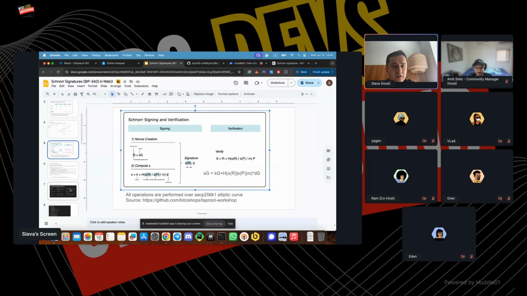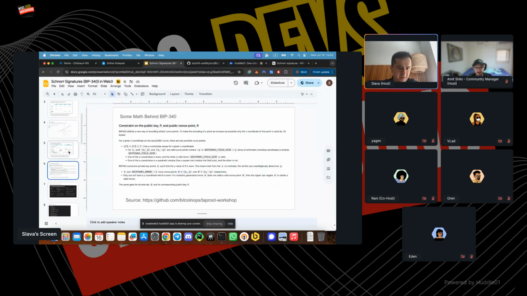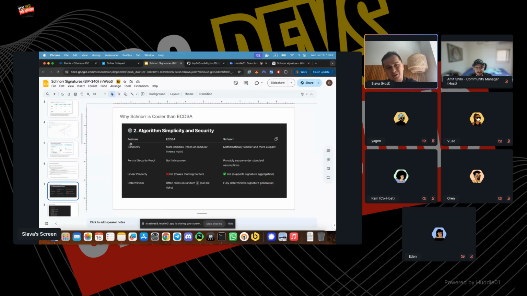So I'm going to skip this slide because there's a lot of math here. Let's talk about the practical applications of Schnorr, why we use Schnorr signatures in our Bitcoin liquid staking protocol, and actually why Schnorr signatures were introduced into the Bitcoin blockchain in 2019. If we compare it to ECDSA signatures,